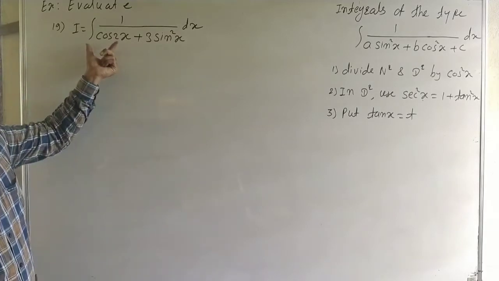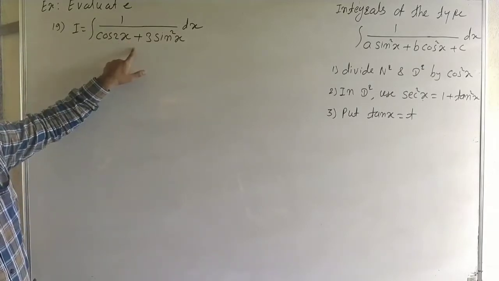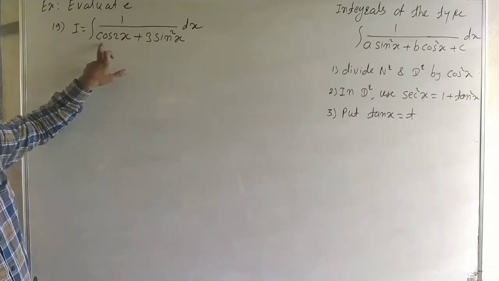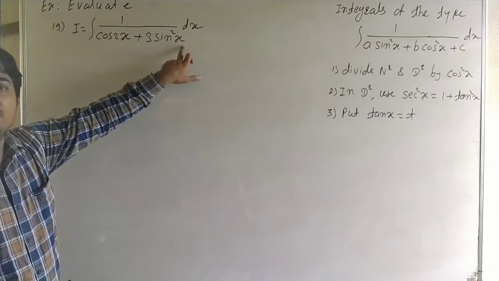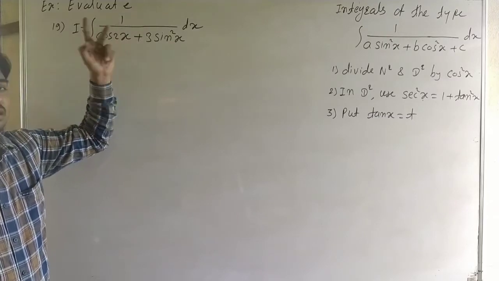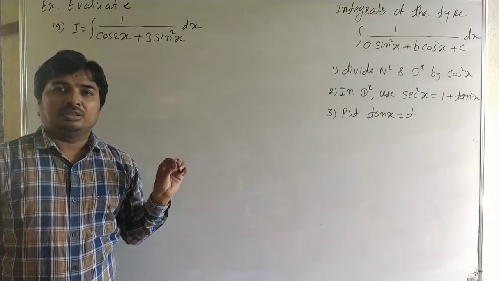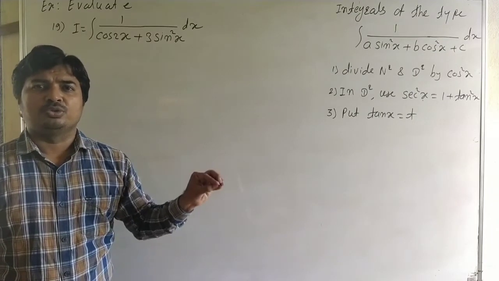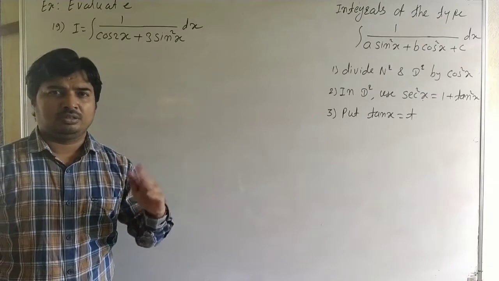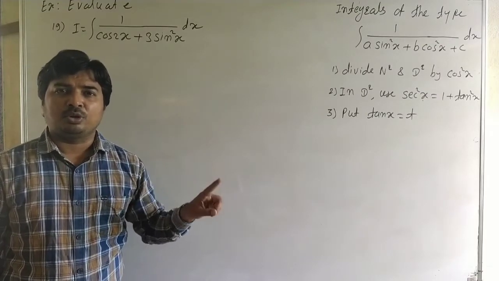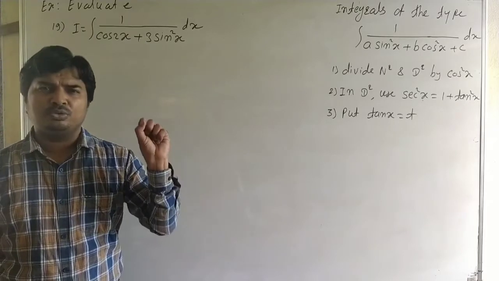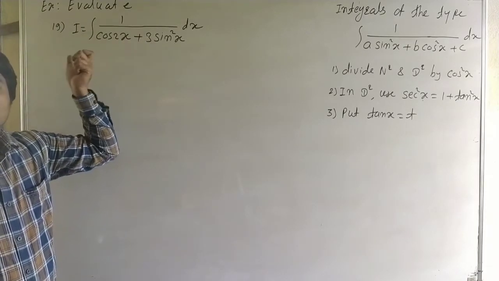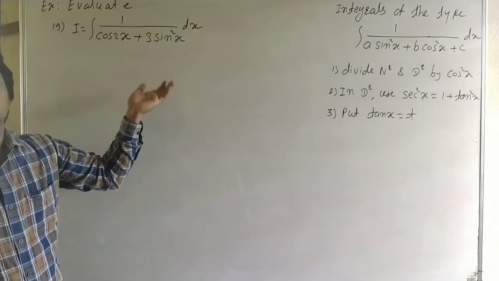Now here we use the trigonometric formula. This problem is not in the type. So here we use the trigonometric formula of cos 2x, because here the angle is x in sin square x and here it is 2x. Okay, 2x converted into x. For cos 2 theta, there are 4 formulas. One formula in terms of tan we can remove. Then out of the 3 formulas of cos 2x, we can use any one, but here it is sin square, so we can use the formula of cos 2 theta in terms of only sin.